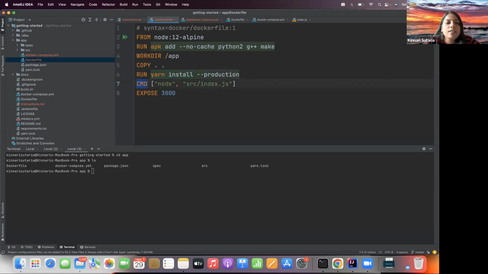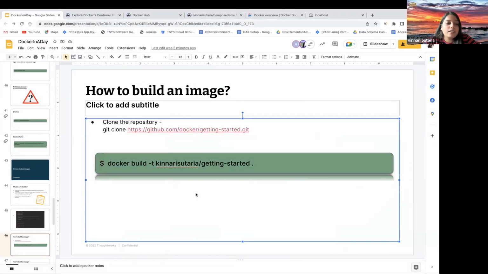Now the command. CMD is, as soon as all this above part is done, what it'll do is, it'll do a node src index.js. It'll run this command and it'll expose the port 3000. By default, this node image always exposes 3000, like Jenkins exposed 8080, right? In the same way, node will expose 3000. Now coming back here,